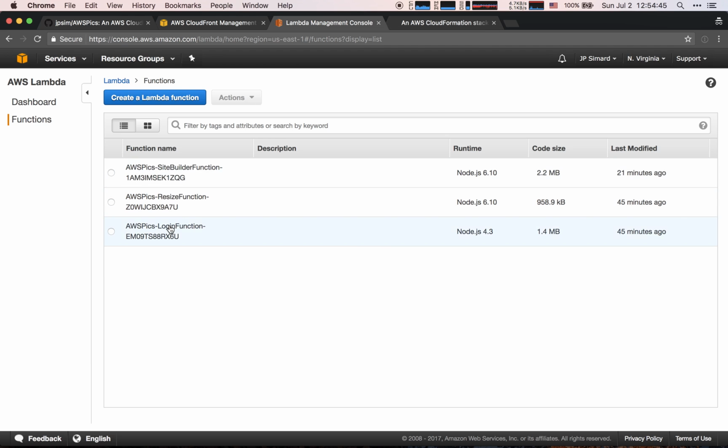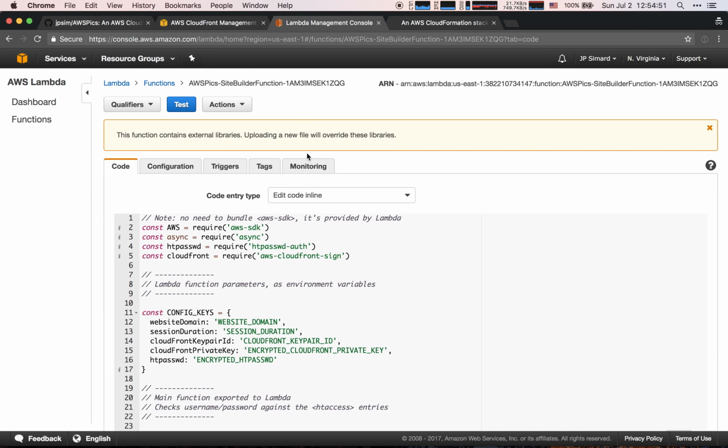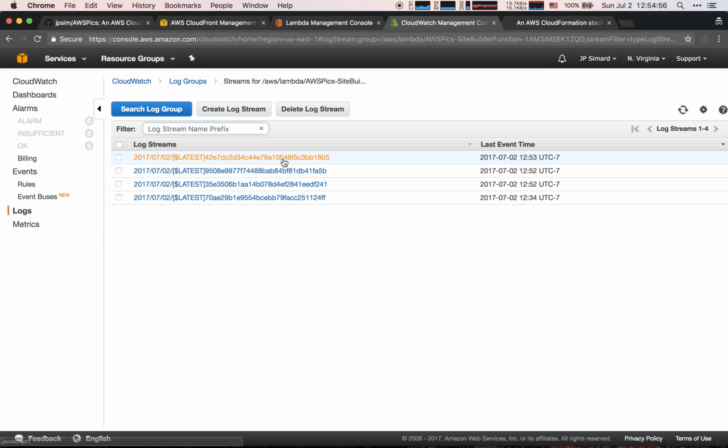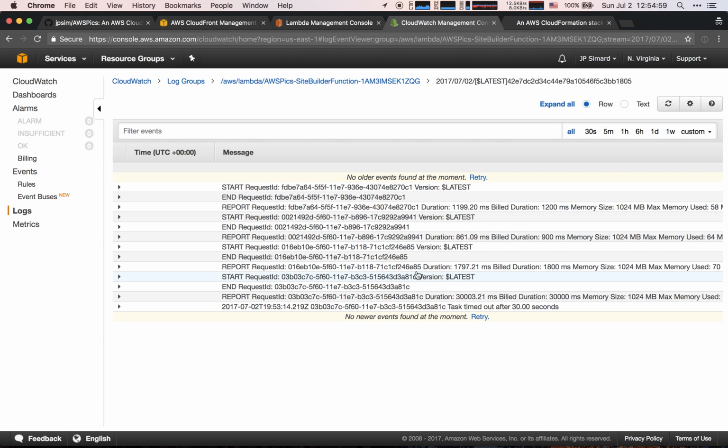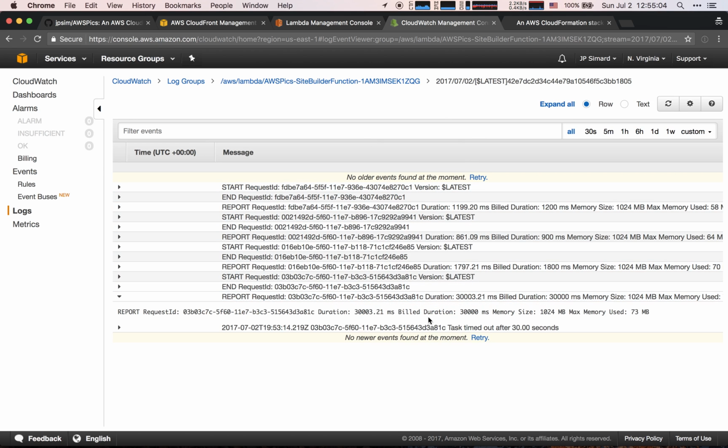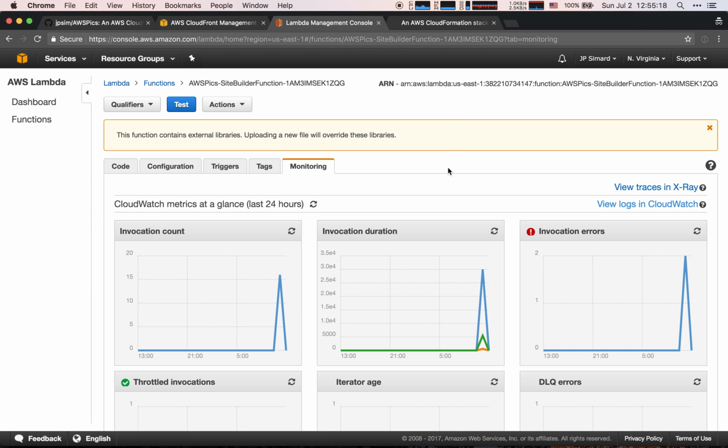And then finally, that's the login function. If we look at the site builder function, we can also view its logs. And we can see that we have been generating the site here. We can see how much memory it used, how long it took. So very useful logging. Now all of that was kind of a distraction, but now we should see our one album